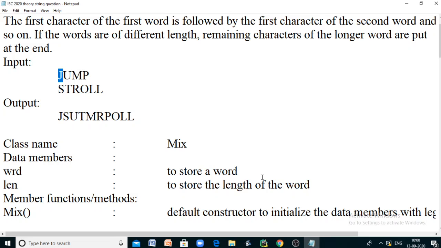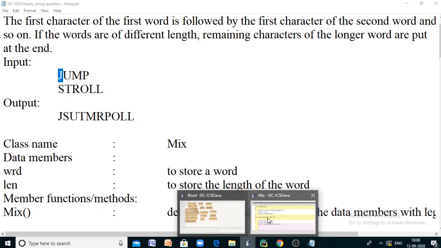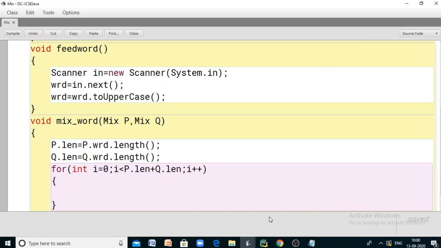So this is the logic we can use to take the characters from the given two words in an alternative version. Now let us check if i is even or odd. If i modulus 2 equals 0, then we can say that i is even.